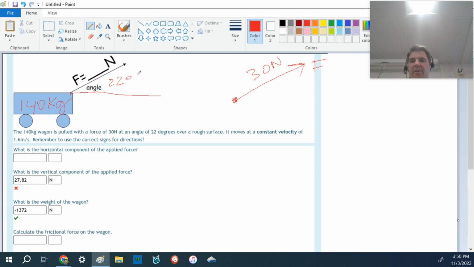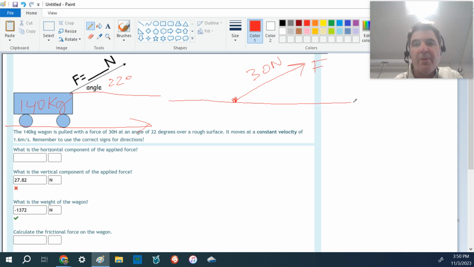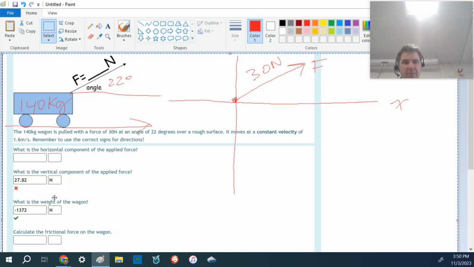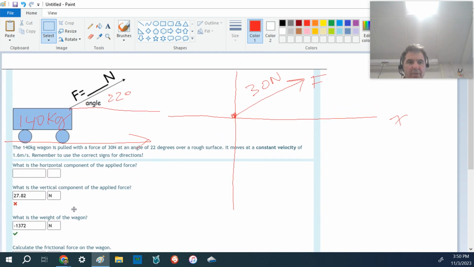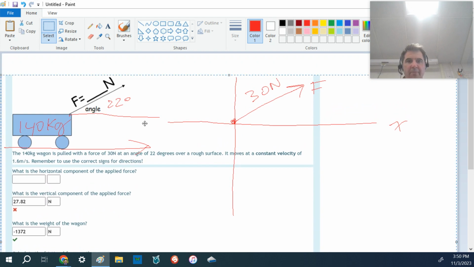So this is different than one of the ones that's on a slope. The direction it's moving is this way, and so we want to make our x the direction it's moving. So that'll be our x axis, and then our y axis will be this way. I'm going to move this down a little bit so you can see more on the top there, and I can scroll down to it. Okay, so anyways,